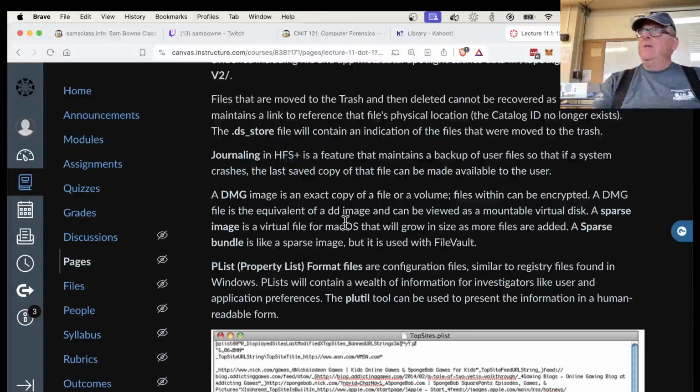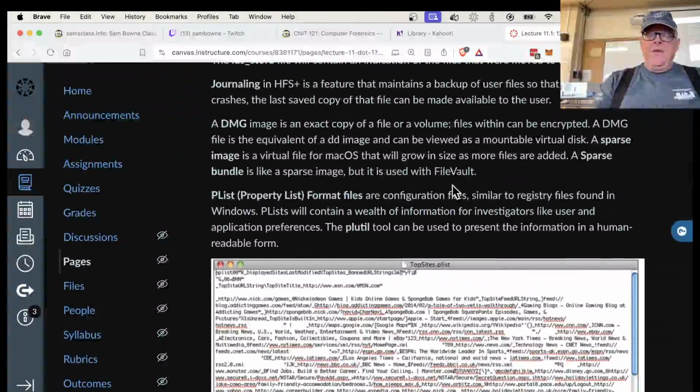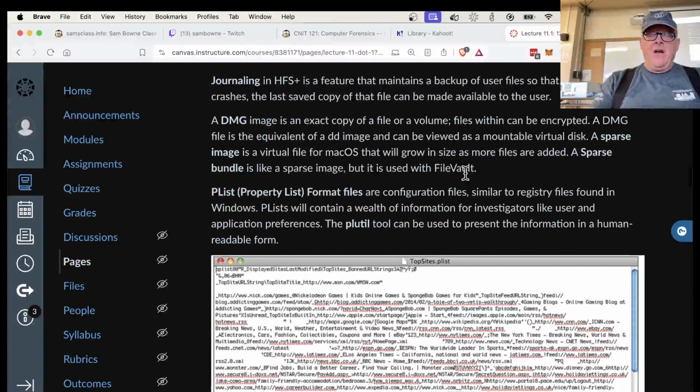Apple software usually comes in the form of a DMG file. And then you can make, in principle, a sparse image that can grow. But DMGs, I mostly see them because you're installing software. It typically comes in the form of a DMG file, and you double-click it, and it mounts like a drive, and then you run an installer in there. Now,